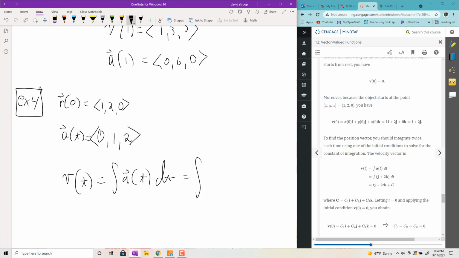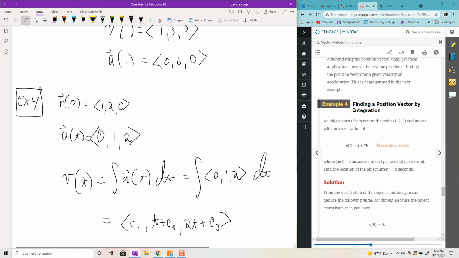So that would be the integral of 0, 1, 2 dt, and of course that's just going to be c1 comma t plus c2 comma 2t plus c3. Seems like we need another initial condition, but if you think about it, it's saying that